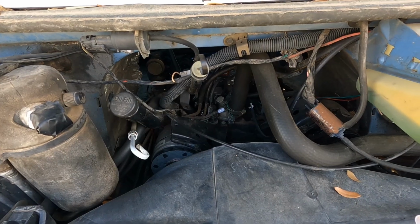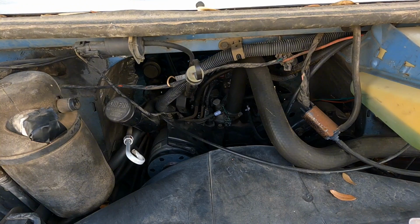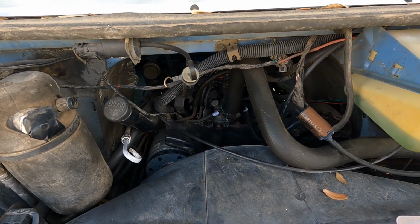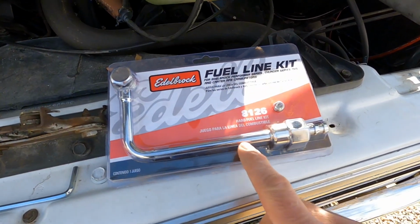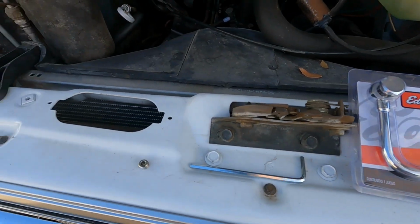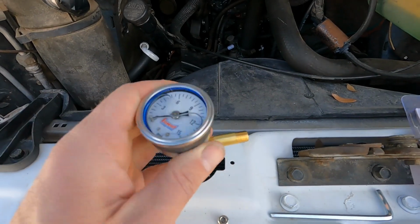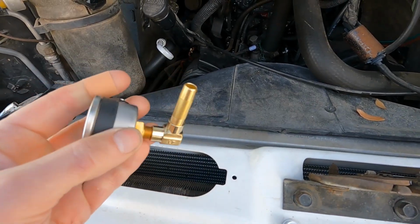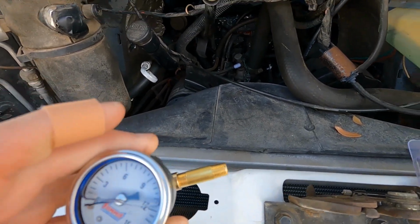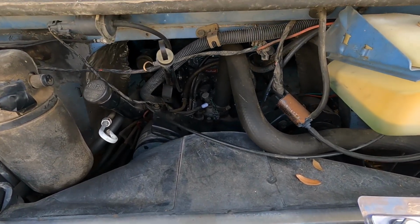I was doing some research on this carburetor and people say that they like to run at 5 to 5.5 PSI fuel pressure. Never had that issue before, but it has this line on it. It already has a hole for a fuel pressure gauge, so I already pulled the plug out of it and I got this gauge. Since it's in a van, I've got a few pipe fittings so I can make it so I could actually see it, and we're gonna put this on, check the fuel pressure, hopefully get it dialed in a little better,